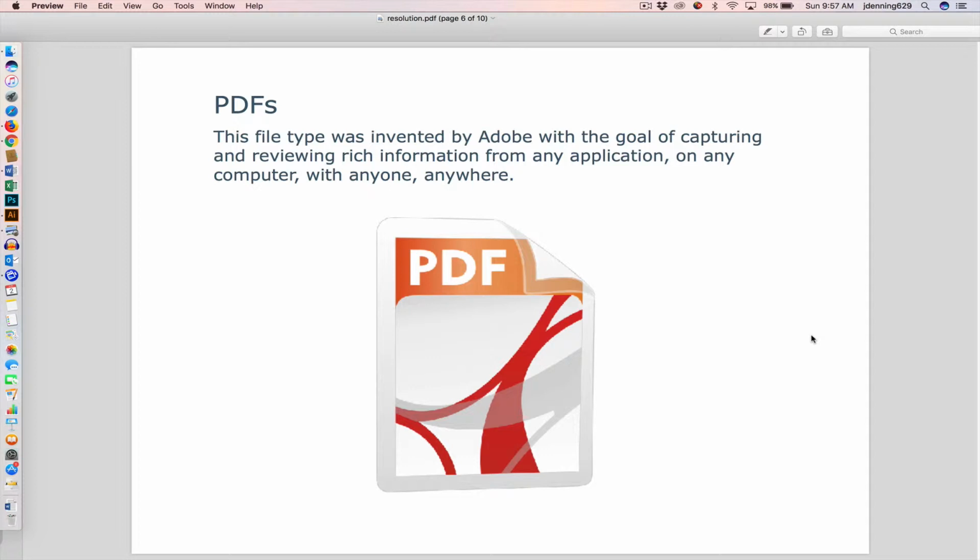PDFs, this was a file type invented by Adobe with the goal of capturing and reviewing rich information from any application or any computer with anyone, anywhere. So PDFs are great because what you can do in Illustrator or Photoshop is, let's say you have a file and you want to share it with somebody that doesn't have the software. So if your friend or your client, for example, doesn't have Photoshop, you would save the file as a PDF that supports either vector or raster,